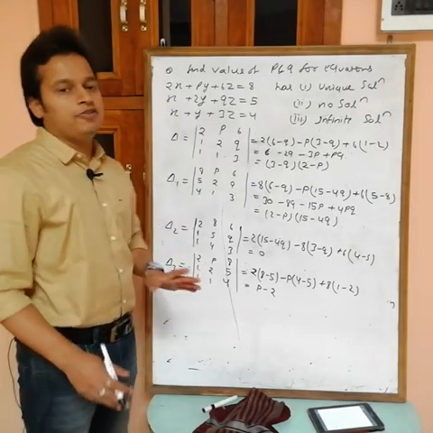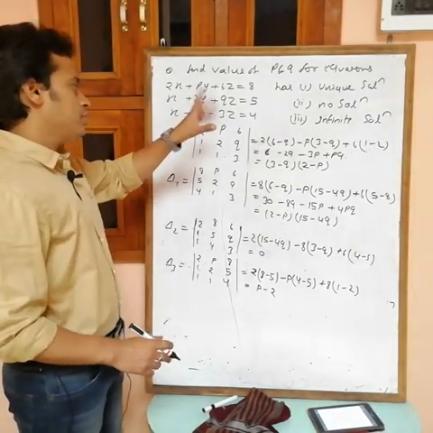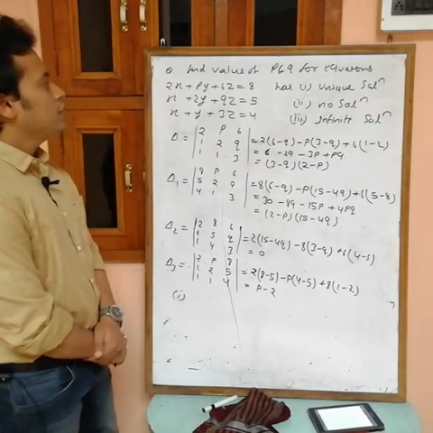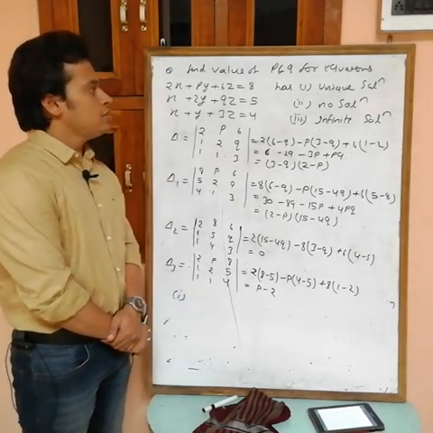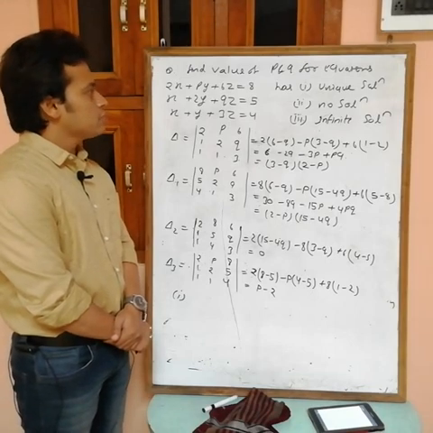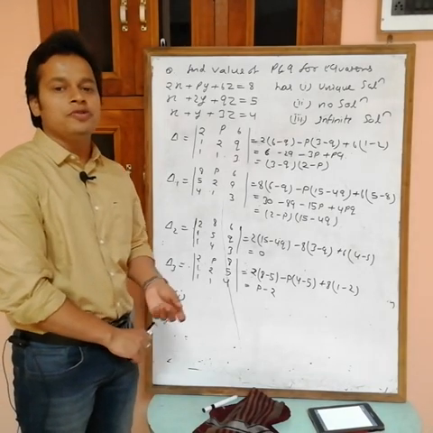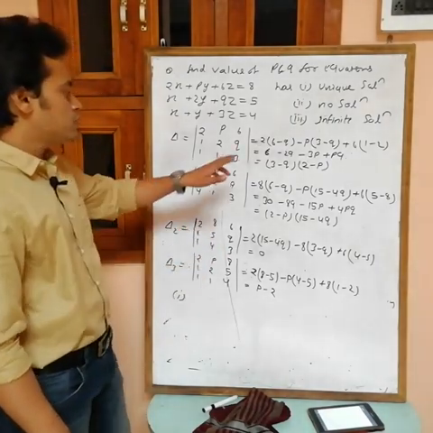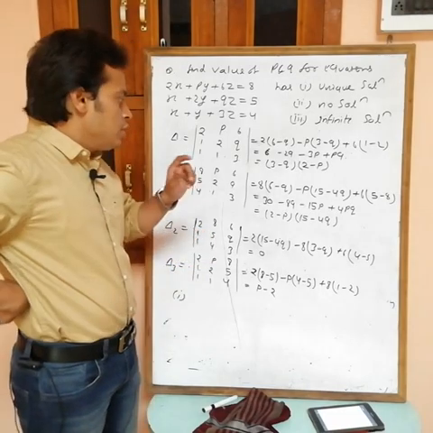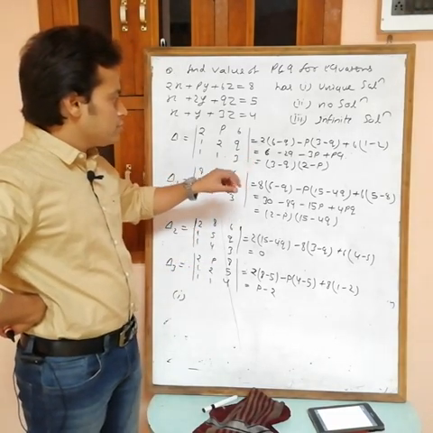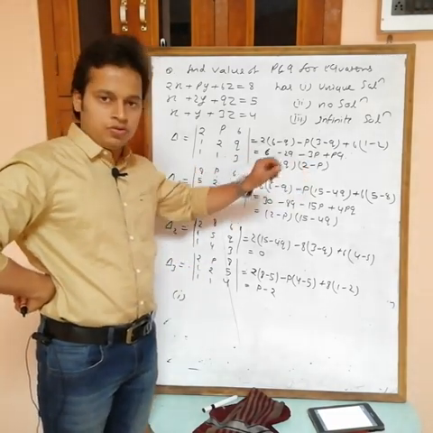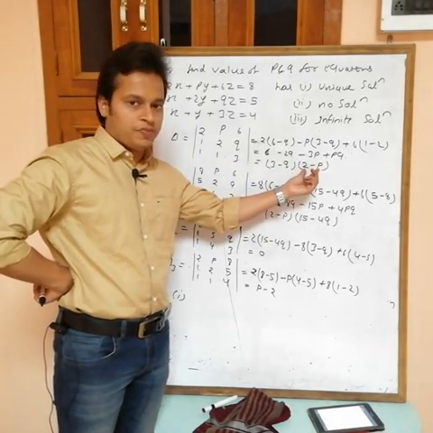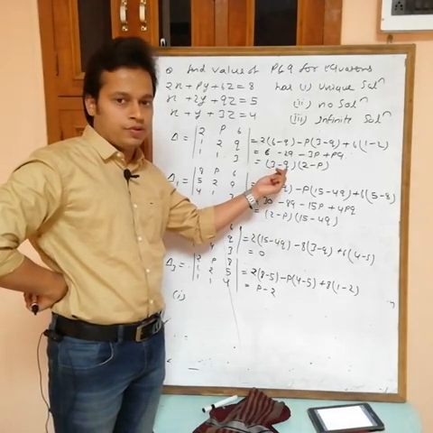Okay, now these are the values of del 1, del 2, del 3, no problem. Now easily, see, first one. For the first one, what do you want? You want values of p and q such that the system of equations has a unique solution. The condition of unique solution is del not equal to 0. This is the only condition. Now it means this must not be equal to 0. So actually this is not equal to 0. It means you can't take p equal to 2, because if p becomes 2, then this becomes 0. And also we can't take q equal to 3.